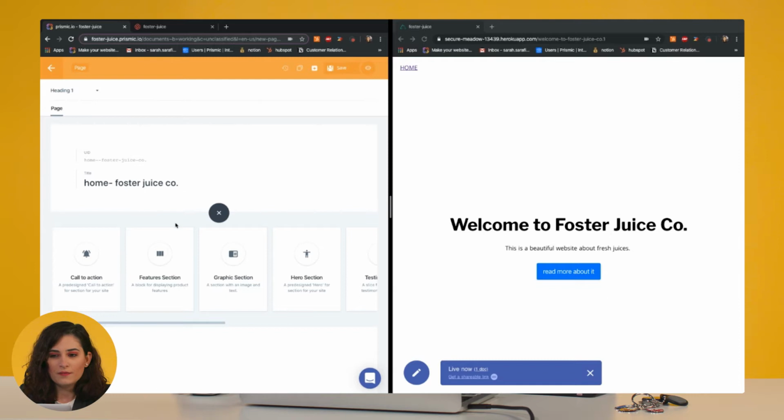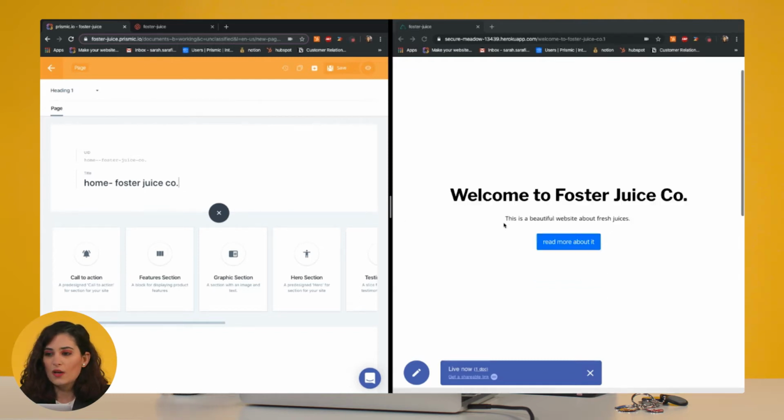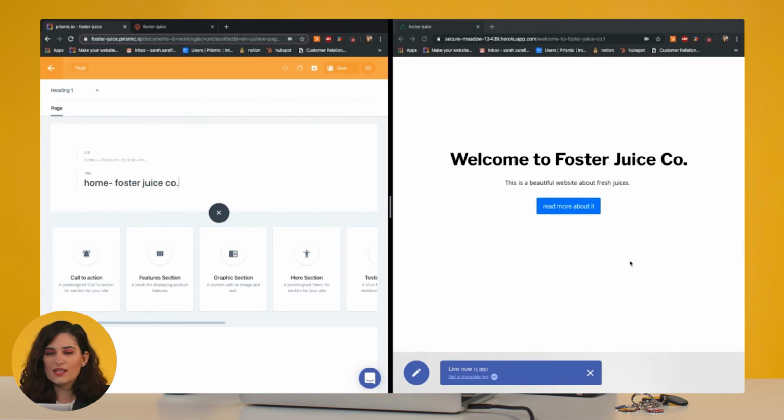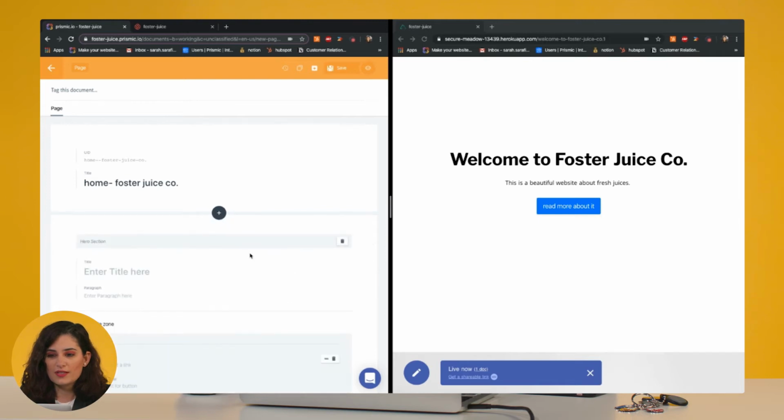Once I'm done with that, I will start populating my page with adding some slices, which translate into different components that I have on my web page. I'm going to pick the hero section slice in order for me to create this first part from my website. I'm going to copy my title, copy the small text that's underneath,